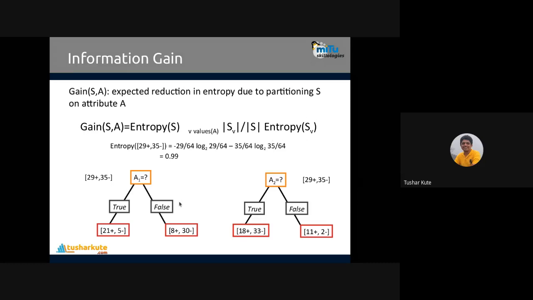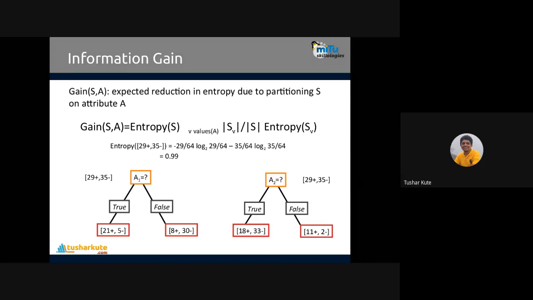Now if we put all these values together, first of all I will calculate the entropy. Entropy will be common, because the proportion of classes is the same here, here also and here also. For example, in the previous example which I have shown, A1 to choose or A2 to choose. Now based on information gain, we will calculate whether to choose A1 or A2. See that example I mentioned.